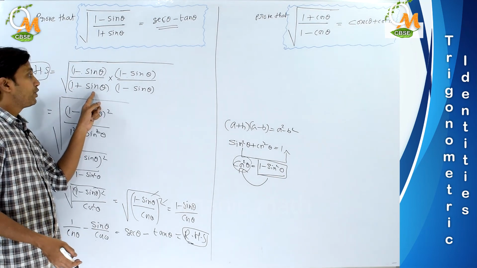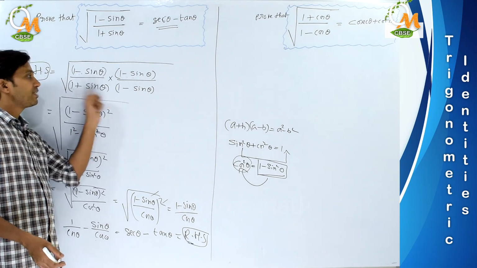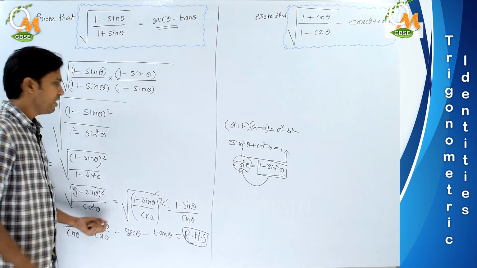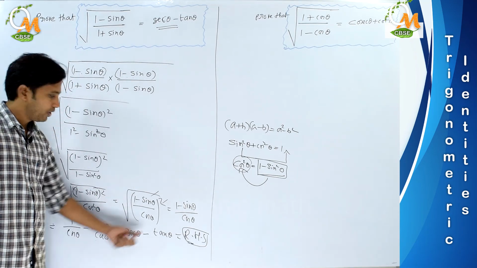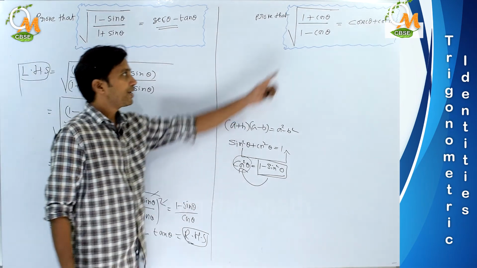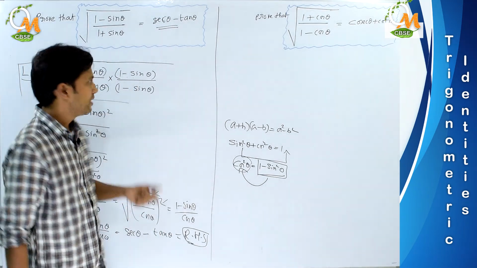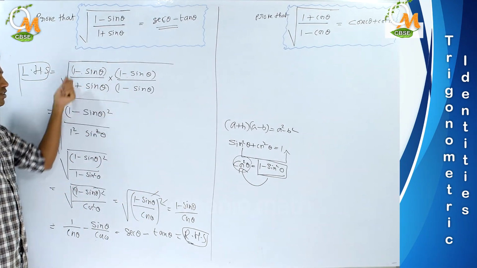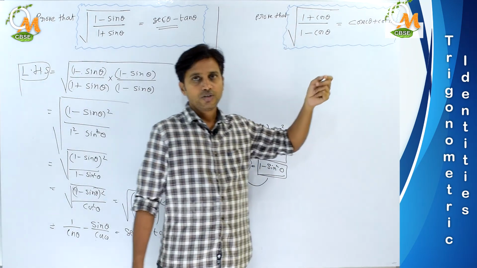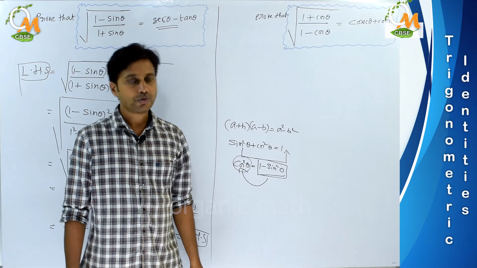So therefore we took 1 minus sin theta, in between there we multiplied with the reverse sign, multiplied and divided, and thereafter we have done a small simplification for this and we got the result which is required. Understood? In the same way we can do this problem also, a bit different, because here the trigonometric ratios are given in sin terms and here it is given in cos terms. So definitely we need to do it, but the process will remain the same. So let us see how to do it.